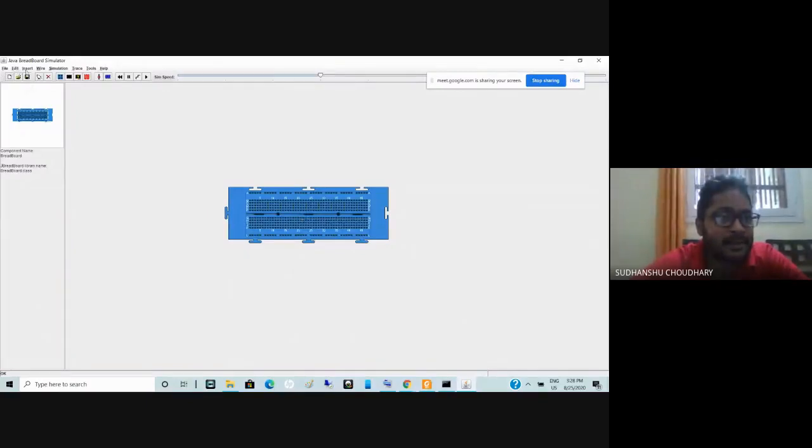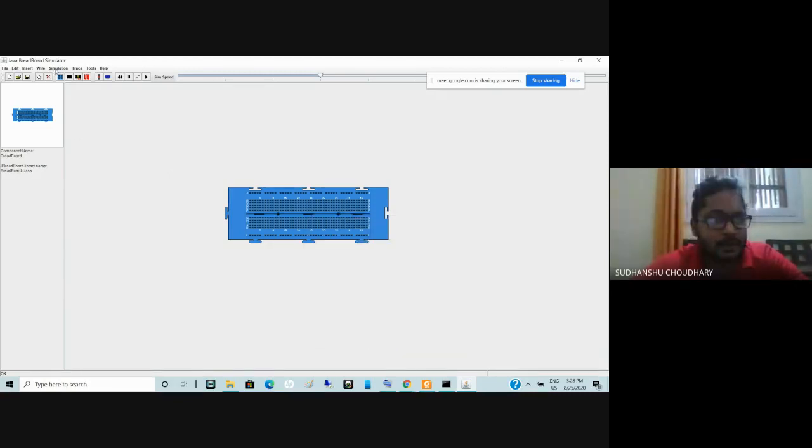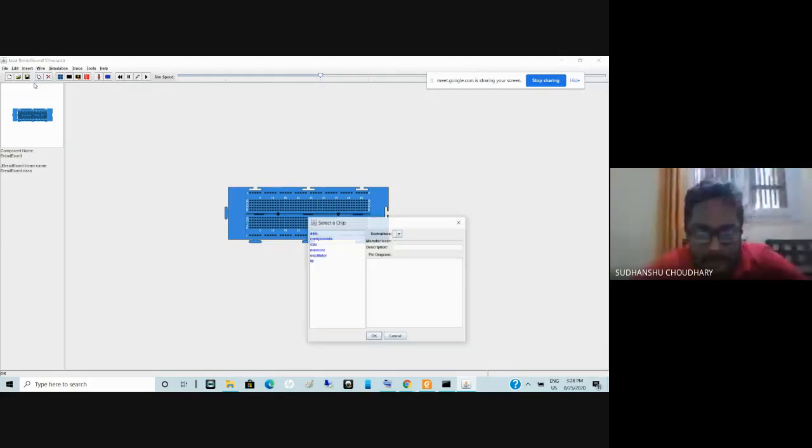Now in the component section, in the insert tab itself, if you go to this chip, so in the chip you have component section here. You click on the component. So you have hex display, hex keyboard. We don't want them currently. So let me go back again to that component section from chip. Let me go to this TTL. Yeah, TTL will have these ICs. So I click on this TTL and say OK.